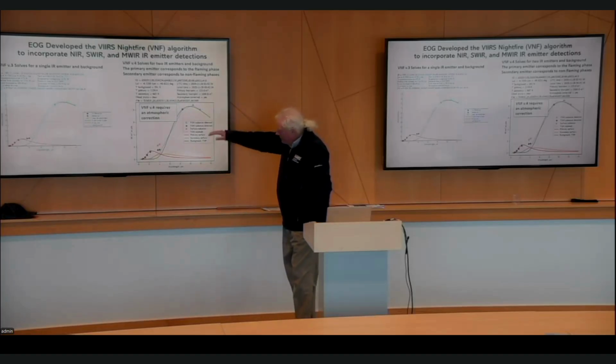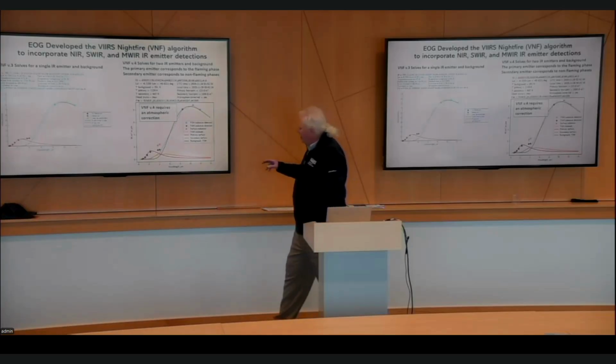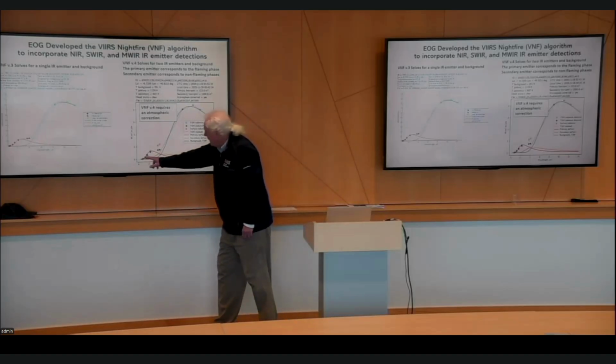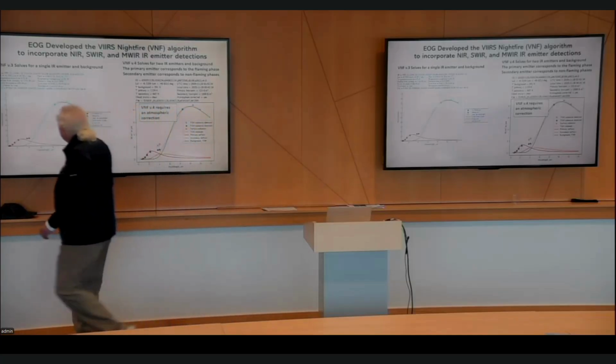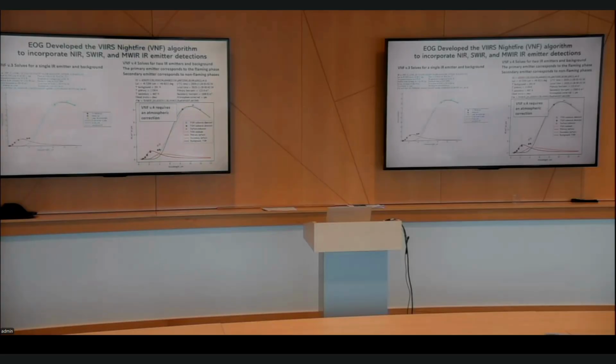Here are the results for the same pixel using a different algorithm that uses these short wavelength channels to model the Planck curve for the flaming phase and subtract that from the original radiances and then analyze the residual for the presence of a secondary emitter. So you can see the temperature for the standard algorithm is 1076, background is 291 K, and the source footprint was